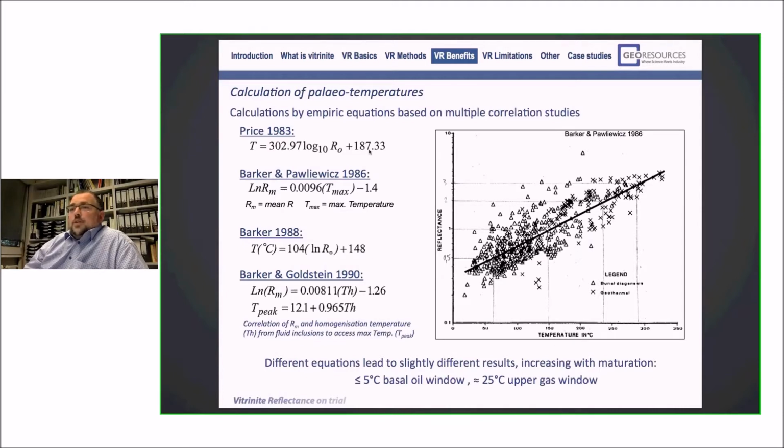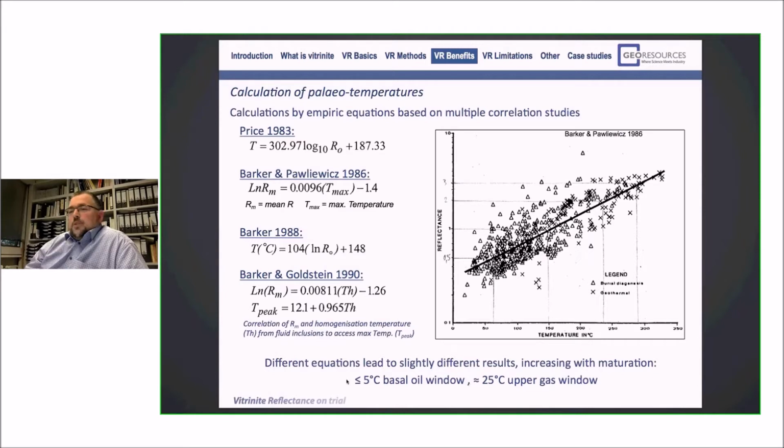So depending on the data clouds the different people used, they get slightly different equations, and these differences in the results increase with maturation. So between the